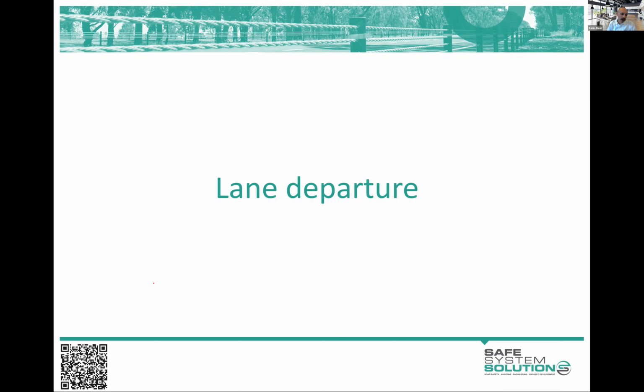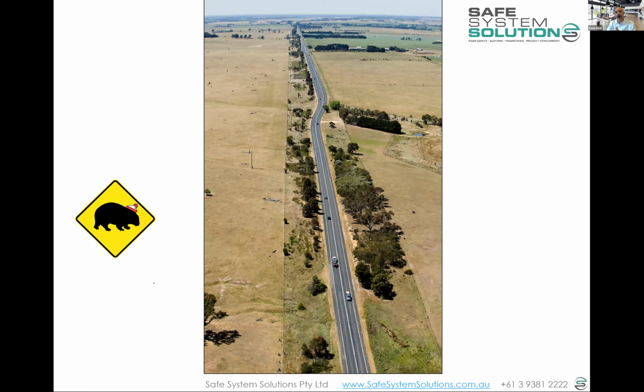So I want to talk about lane departures. And if we look at this bit of road, you don't know where it is, but it's a long, relatively straight bit of road. It's divided by two white lines. It's got a little bit of sealed shoulder. It's got some things in the roadside, some trees, some areas cleared. It goes on and on, hundreds of kilometers. It's got the occasional little access point, occasional side road, carrying about 5,000 vehicles a day.